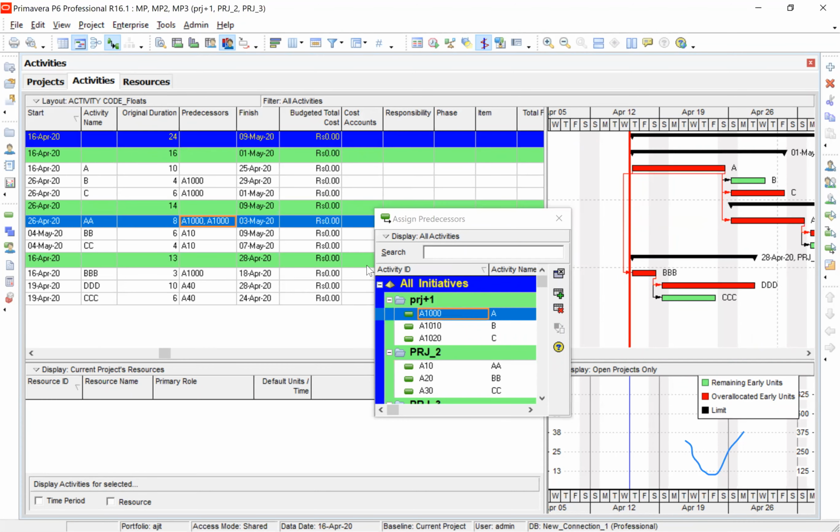Sorry, it has become 2 times, so let me correct it.